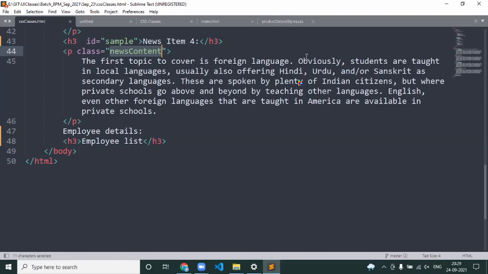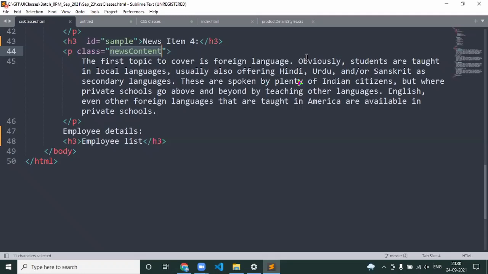Sir, why is ID based not recommended? ID is also recommended. ID and classes both are recommended, but tag based and inline are not recommended. Because if you remember, when I was talking about ID based, we were talking about the advantage. Say for example, one guy already has an ID and wants a separate class. We are not wasting memory by going with a separate class name. We are making use of the existing ID itself to do the job. So that is the reason ID and classes are recommended. Tag based and inline are not recommended. Any more questions?